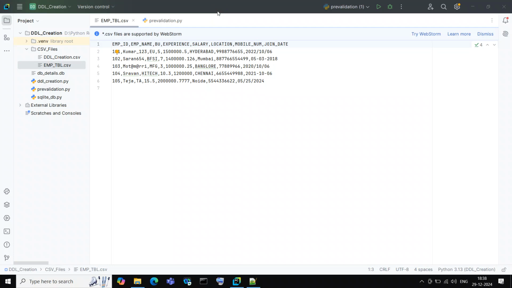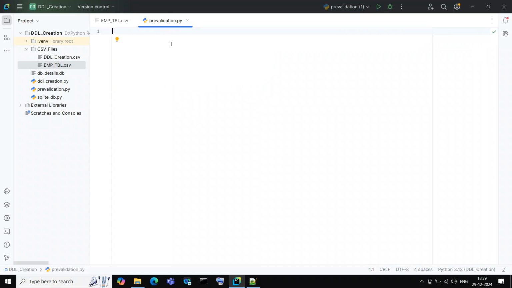Here I have the data. I have the employee data with me. It contains employee ID, employee name, business unit, experience, salary, location, mobile number, and join date. Now we will see what pre-validation steps we apply on my employee table before loading the data into the database. To do that, I have created one script,